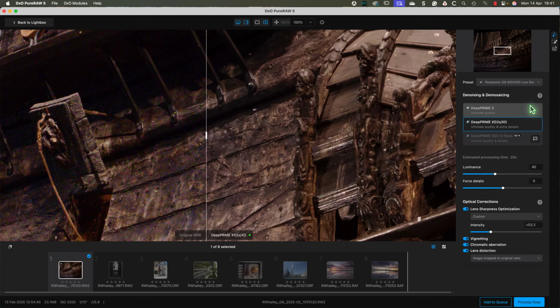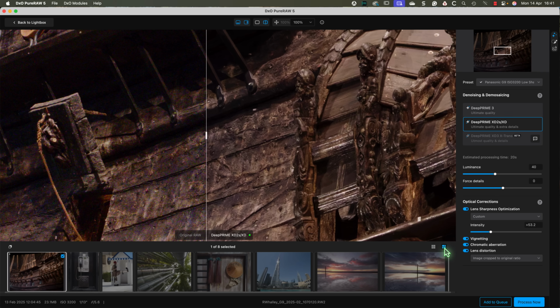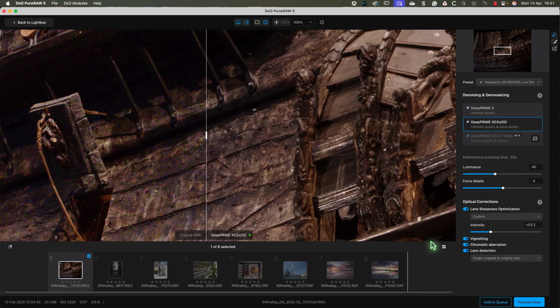We can then quickly apply the same settings to other RAW files using the preset. Looking next at the film strip, we see a new icon which we can use to paste the current processing settings to other images. Then, on the right side, we see the icon to switch between the grid and mosaic views again. Here though, the mosaic view does make more sense as it produces a larger thumbnail view in the same space. At this point, I would normally click the Process Now or Add to Queue buttons, but there's something